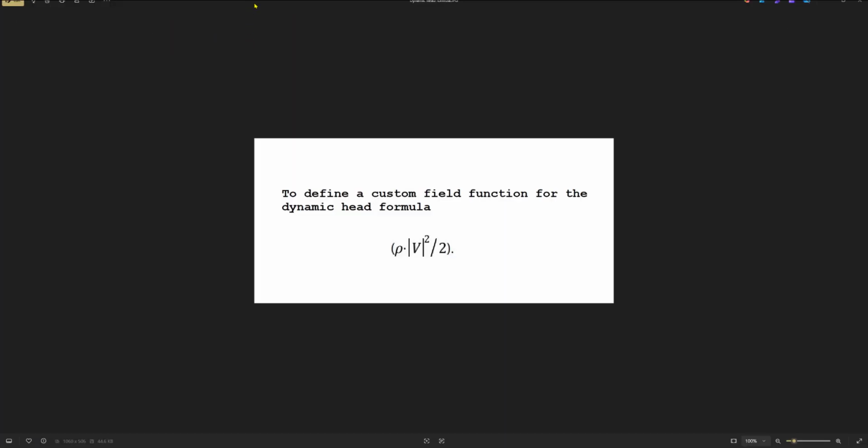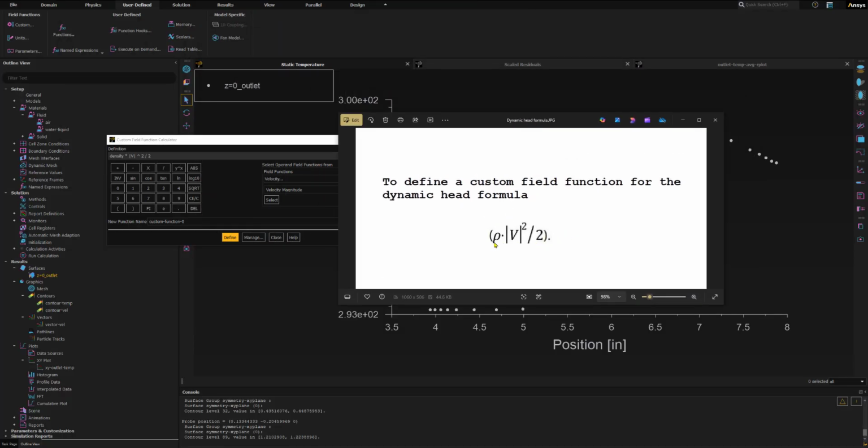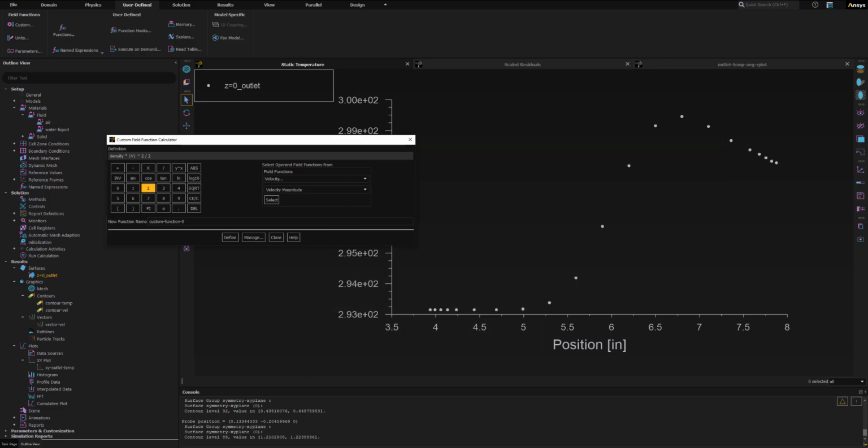So now I have this formula here. You will see density, velocity, magnitude, power 2, and then division symbol, and then again 2. Okay. And then for this new function name, I will call it as the dynamic head here. Okay, so now I can define this custom field function by clicking on the define, and then I can close